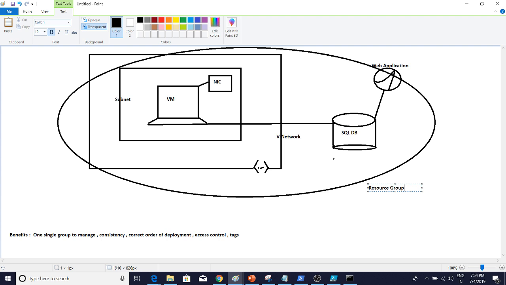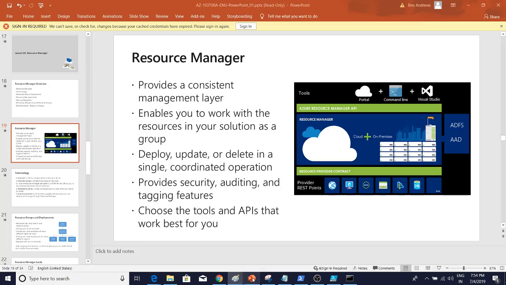And finally, tags. You can also create tags. Tags are specific information that you provide to your resource group or even to your resources, and we'll talk about tags later on. Okay, so understand what a resource group is. You can always mention your question in my comment section. Okay, now the next thing here is